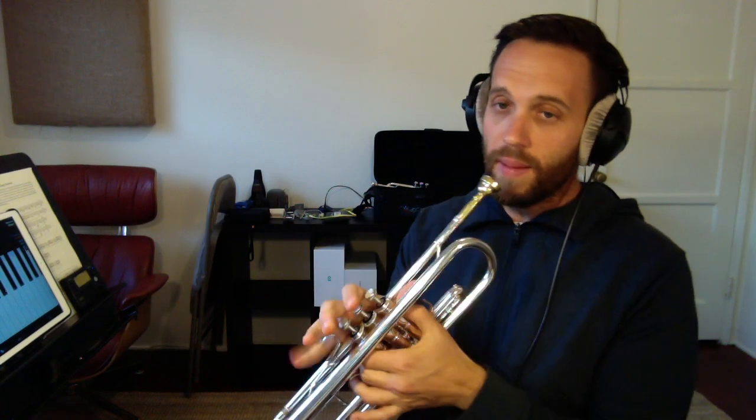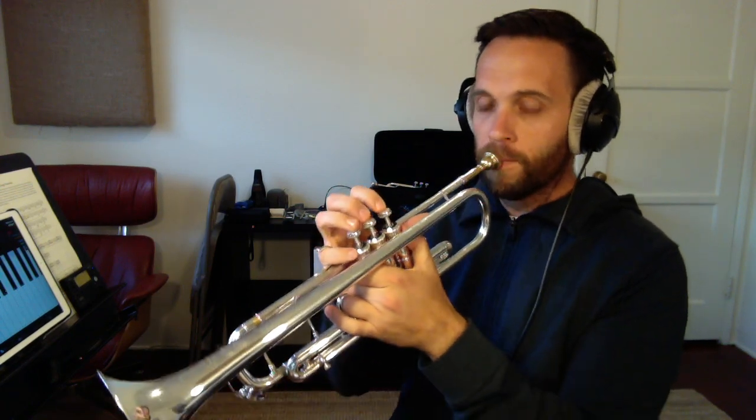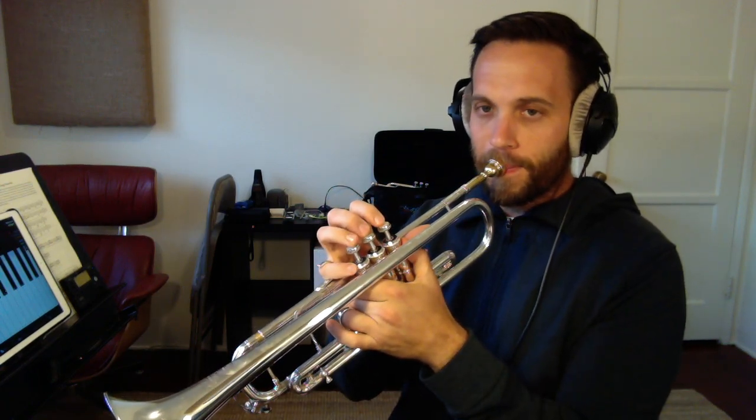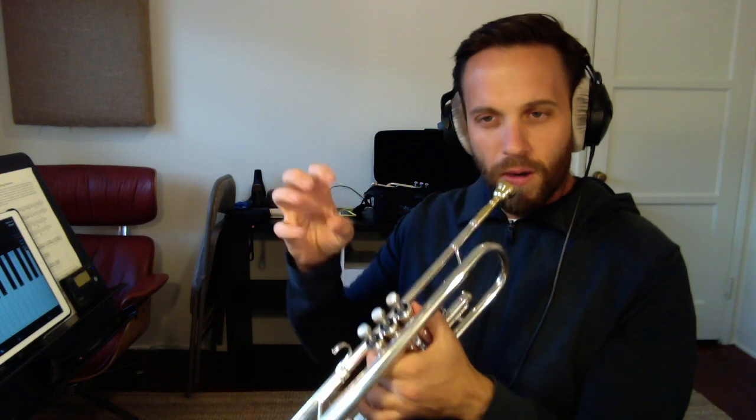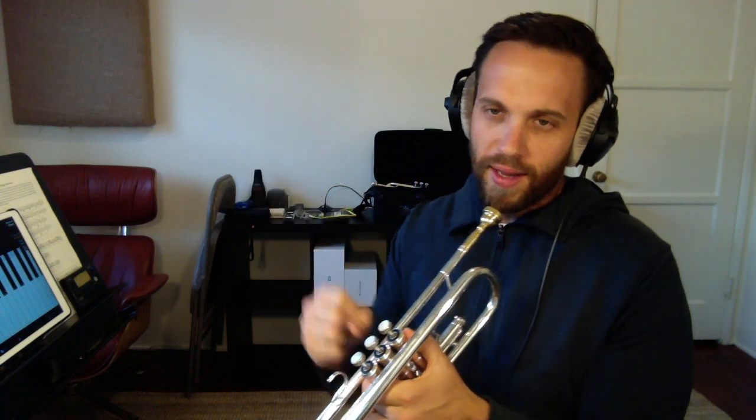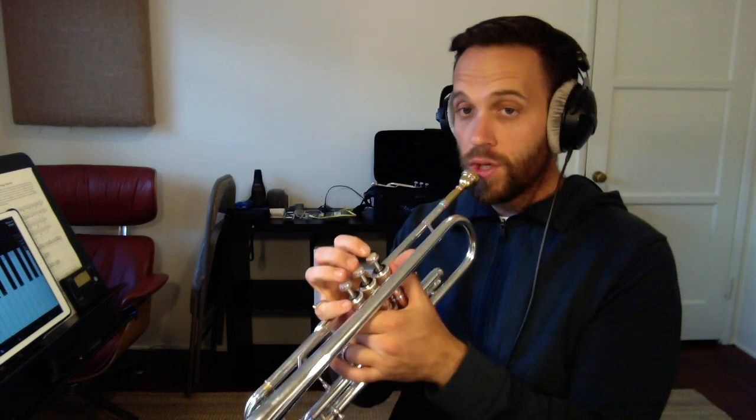Okay, so the easier, the more fluid, the more connected you can buzz into the low register, in my opinion, then you can trust your whole system and it will work in the low register, the high register, and all of a sudden you'll feel those slots on the instrument, which sometimes, if you're doing slurs and you're kind of smoothly getting from one note to the next, that means that you're playing incorrectly, in my opinion. You should be able to